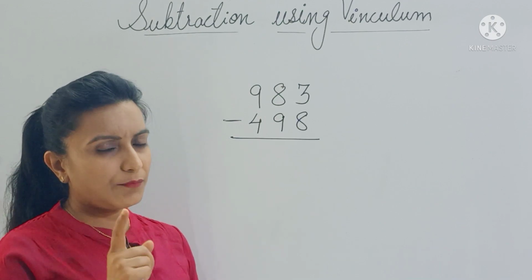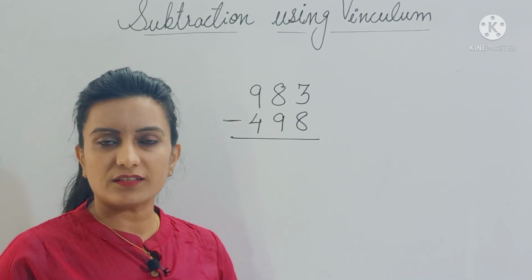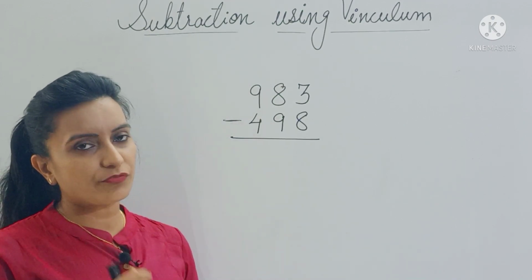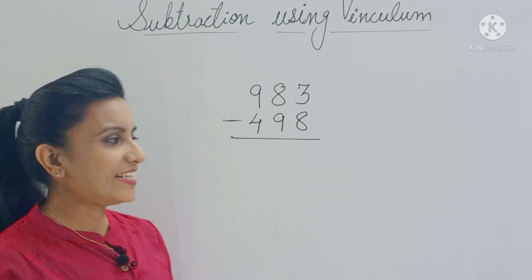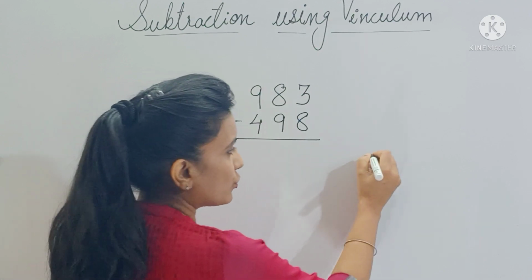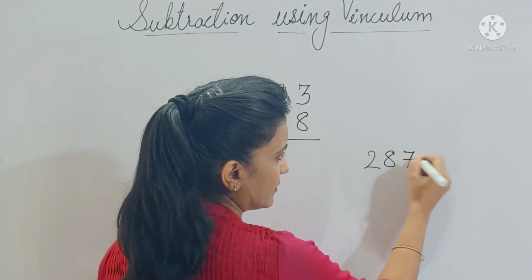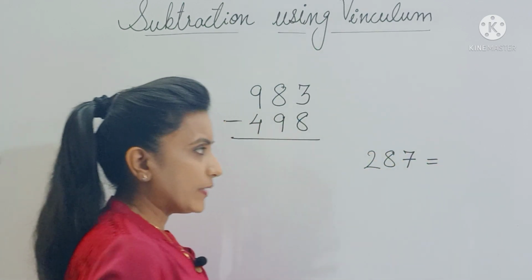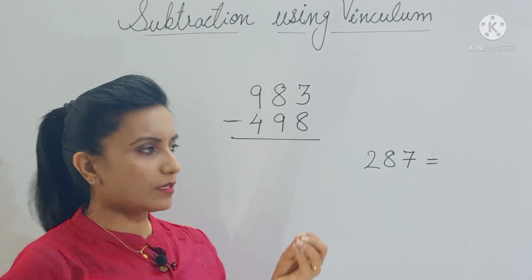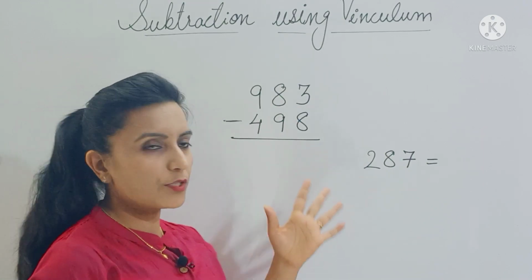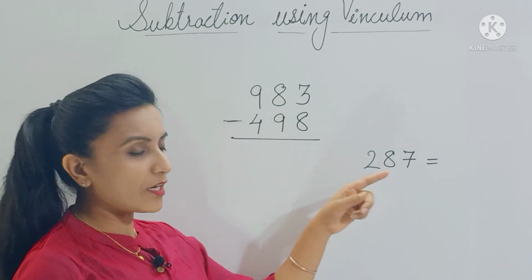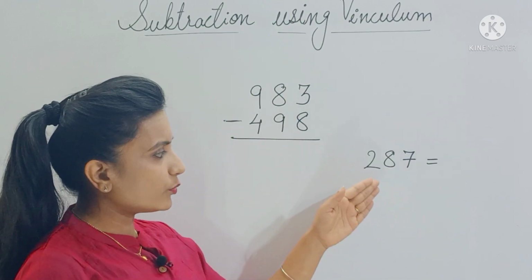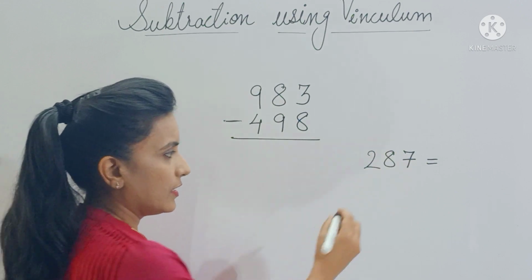Okay, but before that, let me quickly give you a quick recap of how to vinculate and devinculate a number so that you can understand this easily. So let's convert 287. Okay, so basically in vinculation what happens, we convert a bigger number to a smaller number. So here you can see that 8 and 7, they both are bigger digits, right? So I will convert these two into smaller ones.